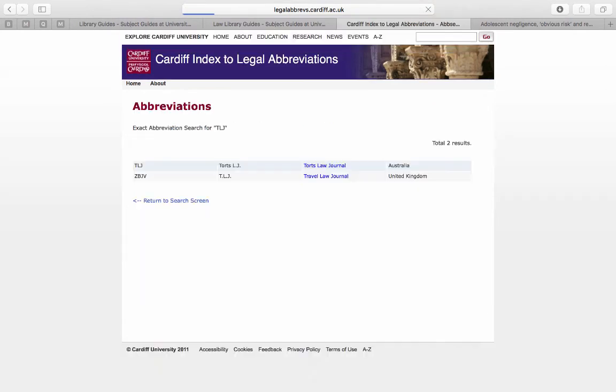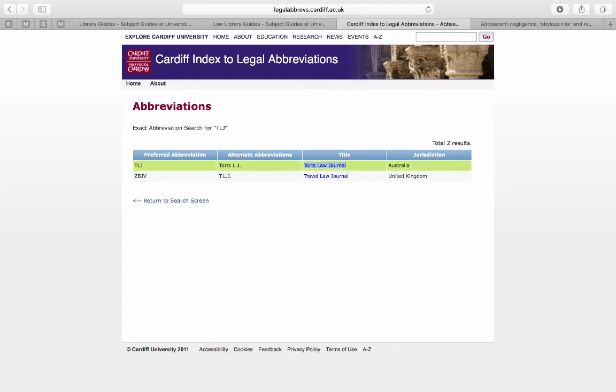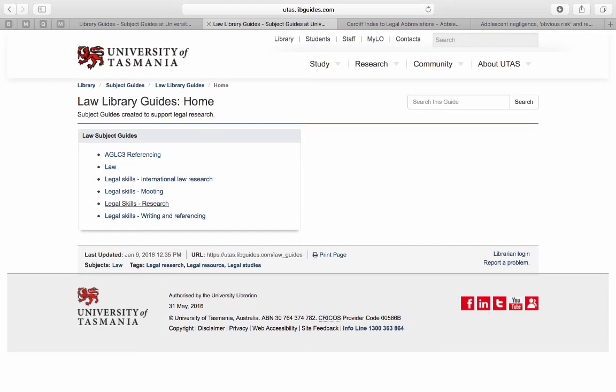that abbreviation, and we see that there are two journals. So it's either the Torts Law Journal of Australia or the Travel Law Journal from the United Kingdom. Given that we've looked in an Australian database, we're going to make a guess that it's the Australian journal, and then we're going to return to the library,